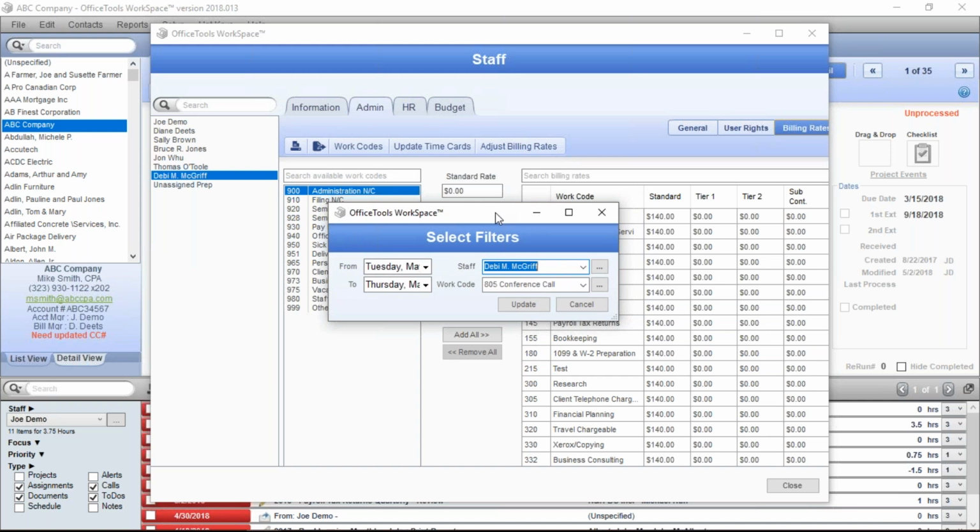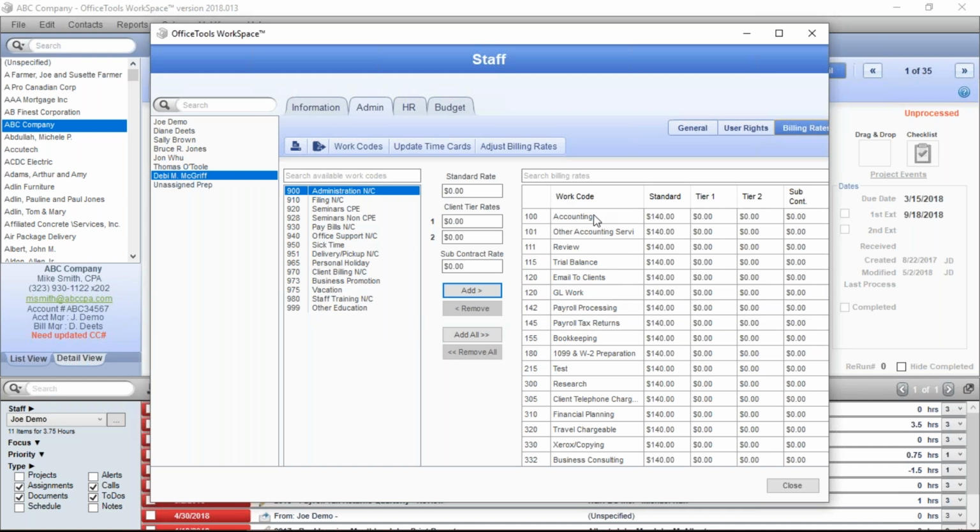However, the changes that you make, if you don't do this, are not retroactive, meaning I could come in here and change the rate from $100 to $150, and that's great moving forward. That will not change my time from last week. If you have the need to retroactively make those changes, you're going to want to use this tool, choose the range that you want to go back, the people, the codes involved, and hit update, and it will run through the system and update everything to the appropriate values that you've set. Okay, so that's some housekeeping.